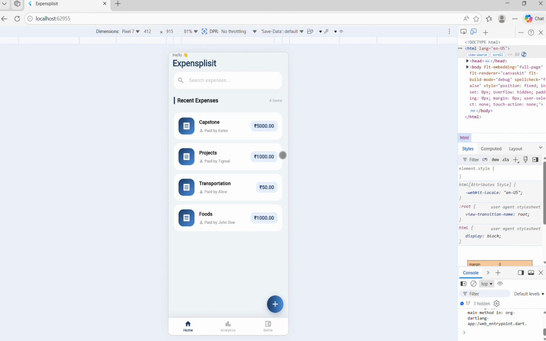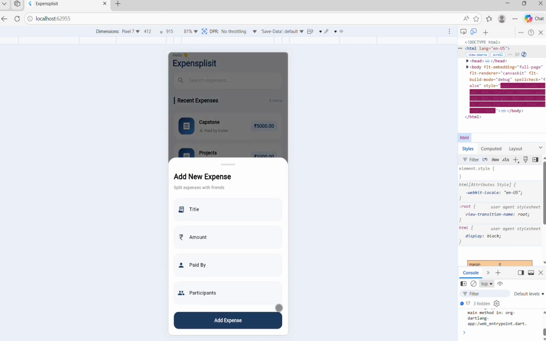After presenting the source code, I run the application. The Group Expense Splitter dashboard is displayed. This page shows all recorded expenses. Next, I click the Add Expense button to create a new expense.